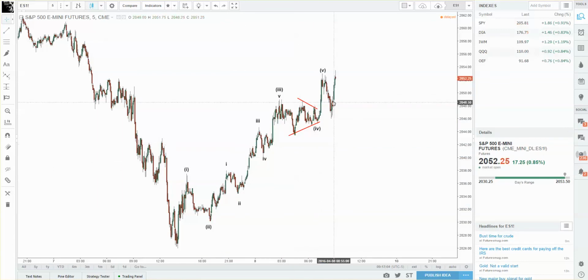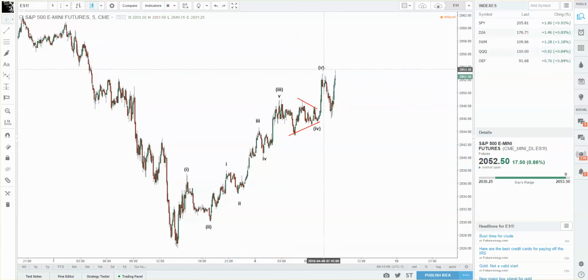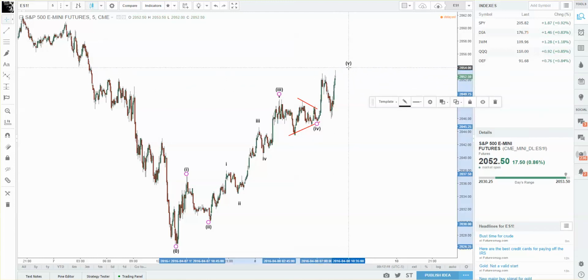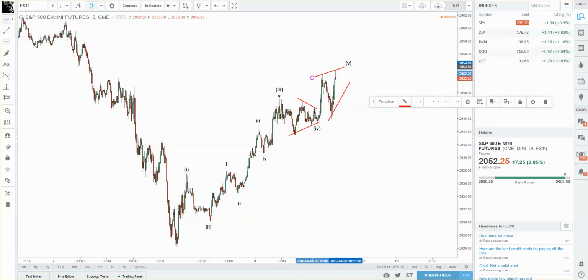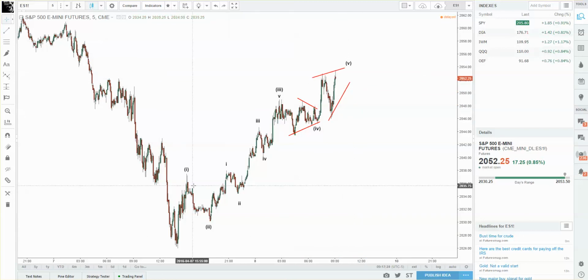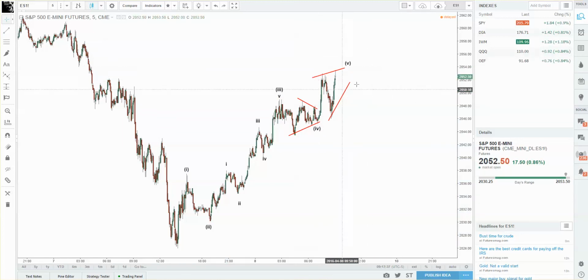And we are already making new highs. Now, it's very possible that wave 5 is not over yet. Maybe a small leading diagonal, something to that degree. But we can count a completed impulse wave to the upside. Either here, and this is an A and a B, and we're going to go lower in C, or wave 5 is not complete. Either way, there should be a short-term top somewhere in the area of current price action.